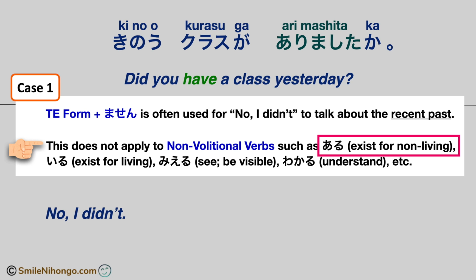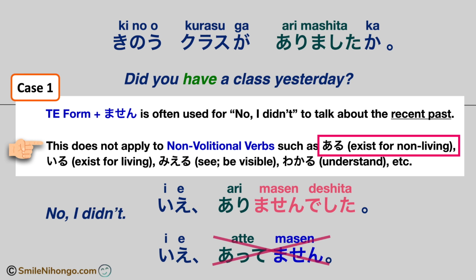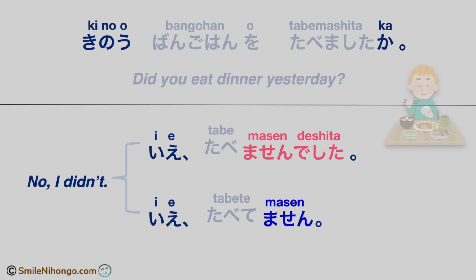Did you have a class yesterday? 昨日、クラスがありましたか? Then to respond, no, I didn't. In this case, since exist is a non-volitional verb, you simply say, いえ、ありませんでした。 and not いえ、ありてません。